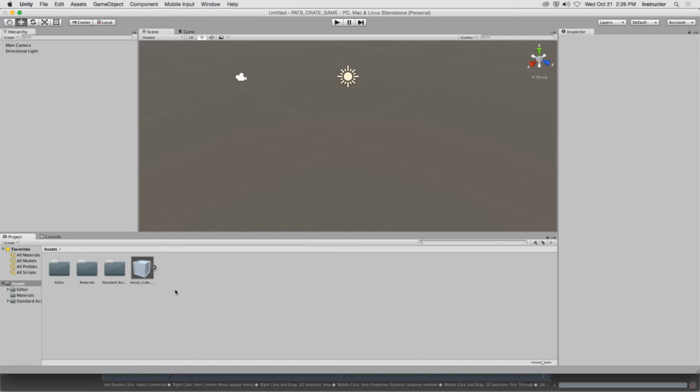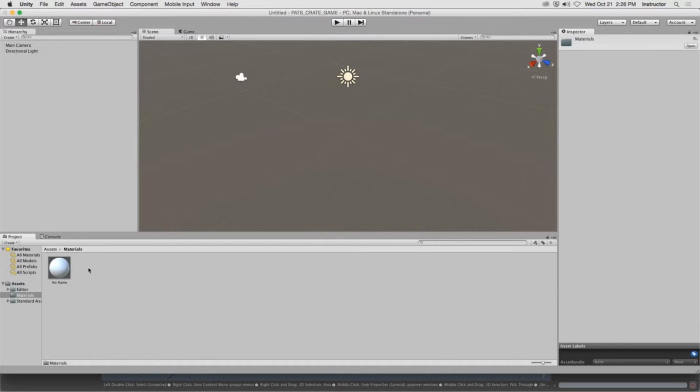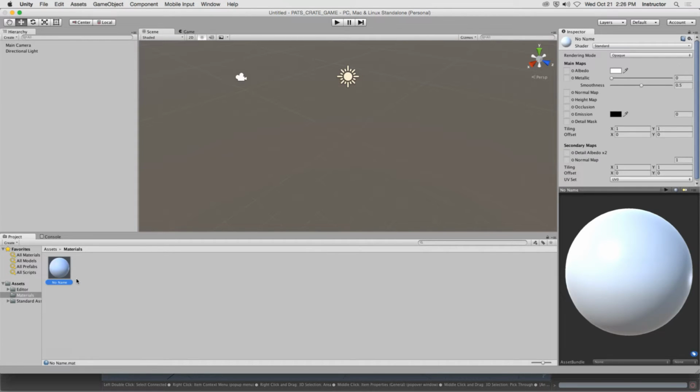Okay. So when we imported this asset in, two things were created inside of the project tab down here. We were just talking about the first one, which is the wooden crate, the actual game object. But check it out. We also have our materials as well. This folder was automatically created by Unity. Okay? We want Unity to manage this folder. Now what it's doing, and let's explore that folder by just double clicking on it. There we go. What it has done is it's created